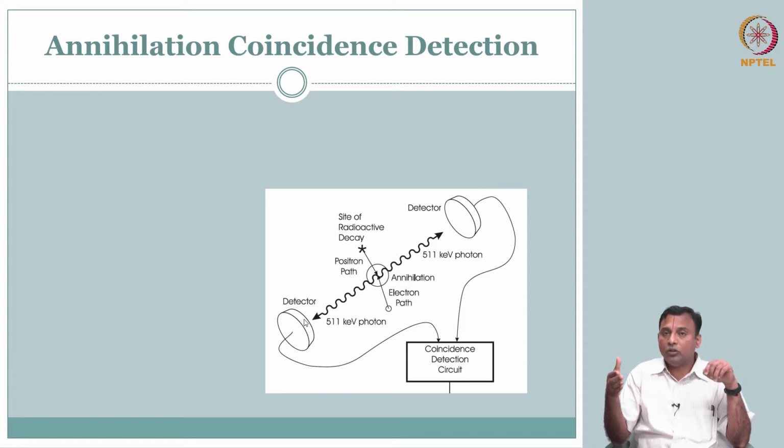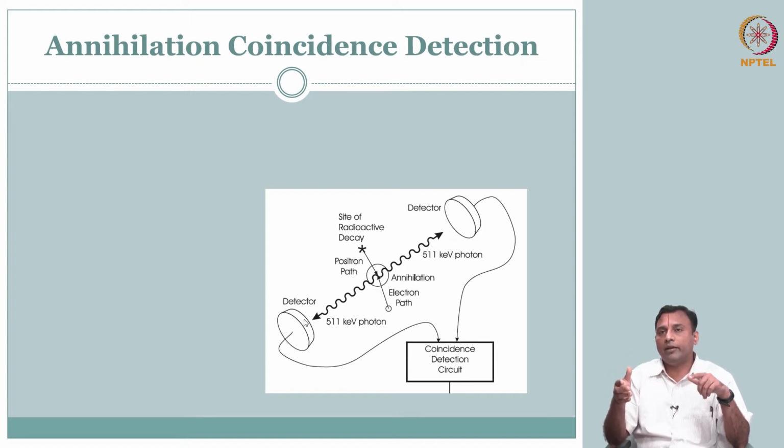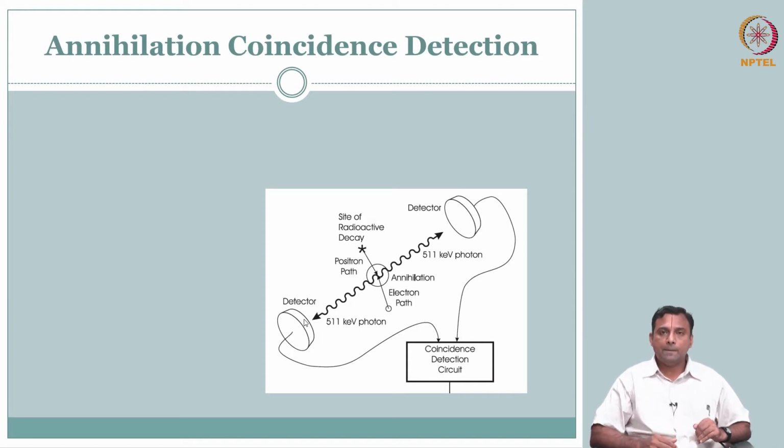The advantage, unlike your SPECT, when you use the Anger camera, there you don't know the source, it can come at any angle. So essentially you have to have a collimator. And because you have a collimator, you also reduce the number of photons that are captured, because your collimator is taking some and, in the spirit of reducing the Compton scattering, it also reduces signal. Whereas here I don't have to worry about that, I don't need to have a collimator, I will let all the photons come and get detected. So I can increase the sensitivity.